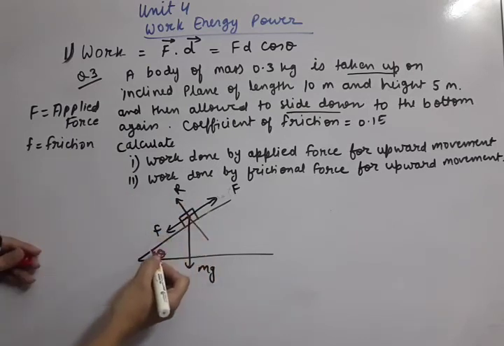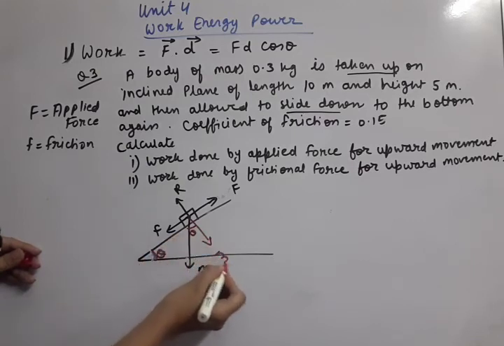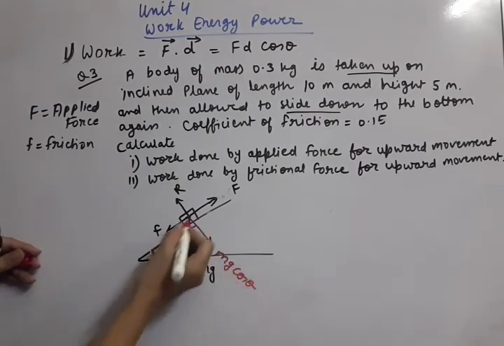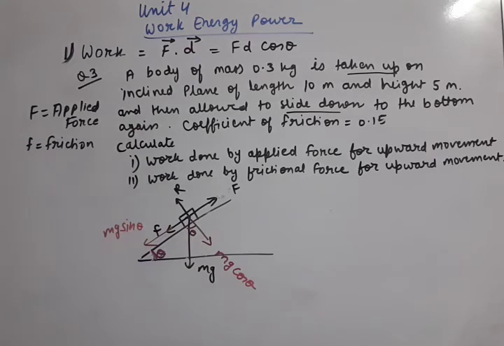So we also know that if theta is here, this theta comes here. So this component is mg cos theta and this side component is mg sin theta. This way we resolve. Okay. Now once mg is resolved, we have to cancel it. We have to put a cross over it.